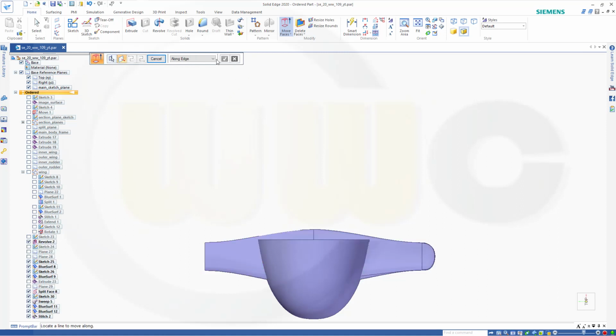Confirm. Not along an edge, but in a plane. That would be in the top plane. Let's see if this works. If we go in plane and use that top plane and then move it from this point here, so about that position, it's not possible, I have to select a point and move it,